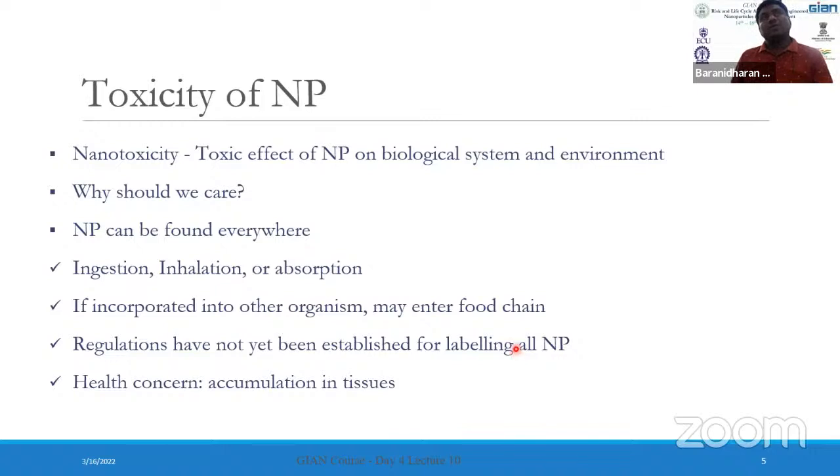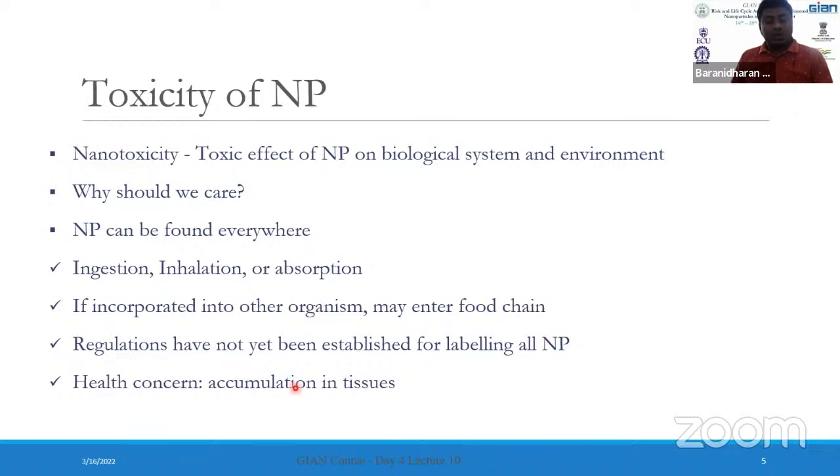Even Professor Lokes, in one of the slides, did mention that the nanoparticles used in consumer products are still not documented. If those are not being documented or popularized among the community, then again, the regulations for determining these nanoparticles in wastewater, quantifying them, and arriving at a permissible limit is one big thing that needs to be focused on.